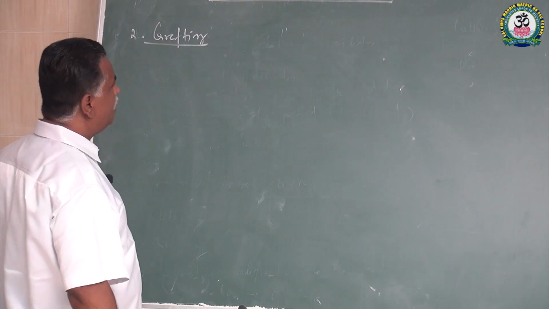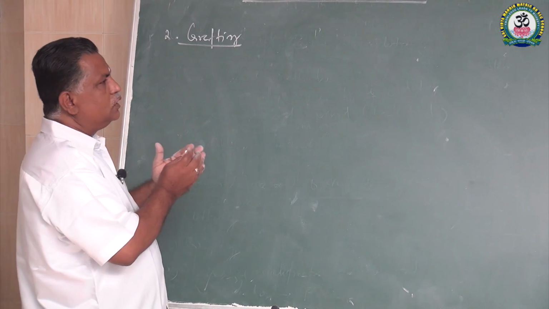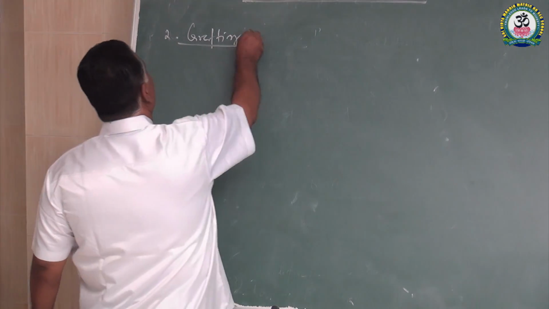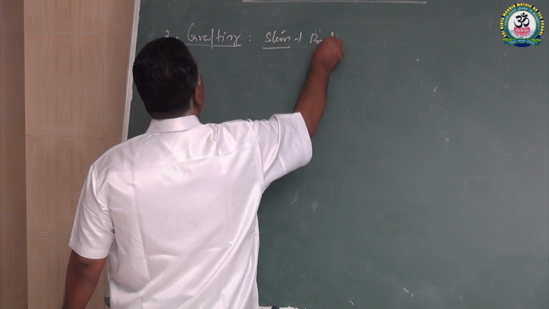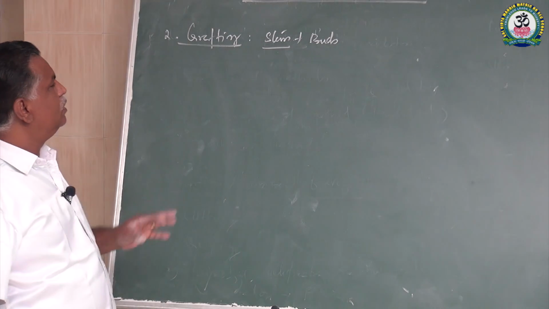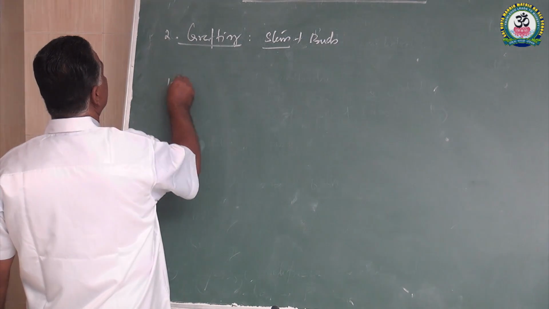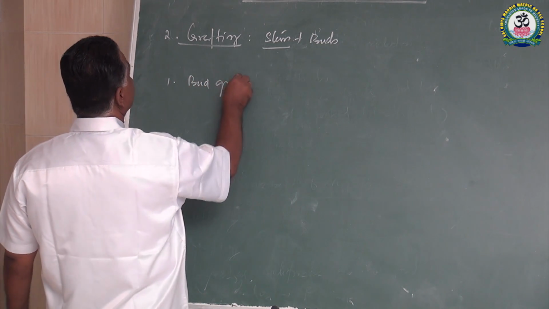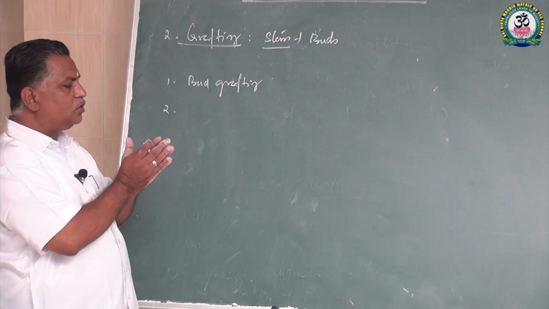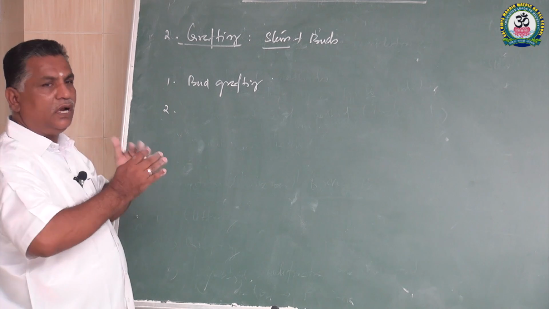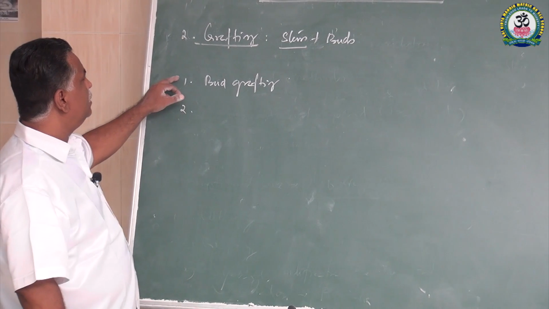So what is grafting? Grafting is a conventional technique which is used to fuse two plants and produce a hybrid. Fuse a stem or buds of one with another, and that will grow into a new plant. For grafting there are types. One is bud grafting, by which parts of two plants are brought together and fused and allowed to grow into a plant. And there are types in the grafting. There is bud grafting.